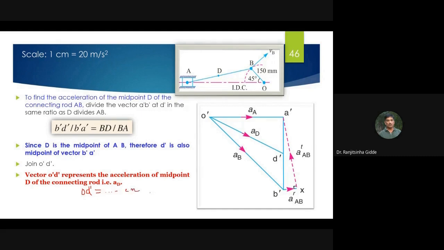How much centimeter? रेवन्नाथ किती सेंटीमीटर आहे? OD